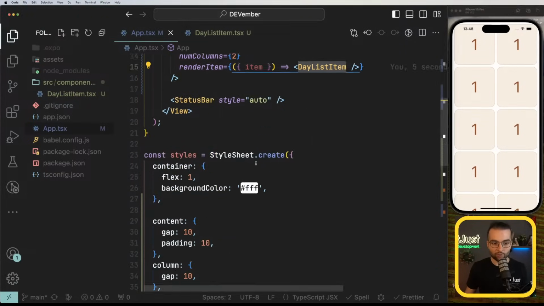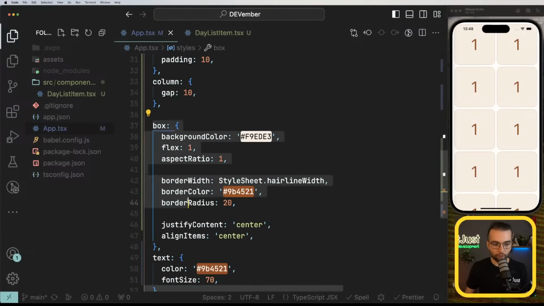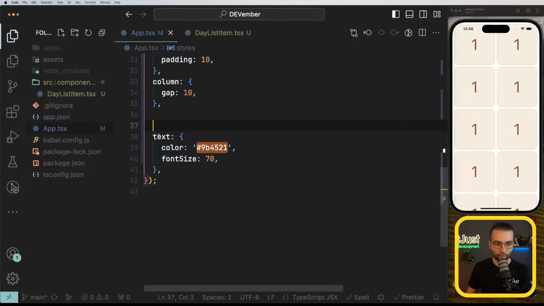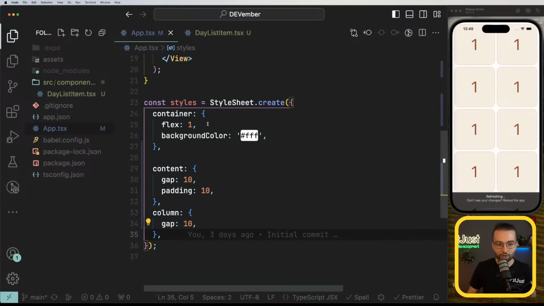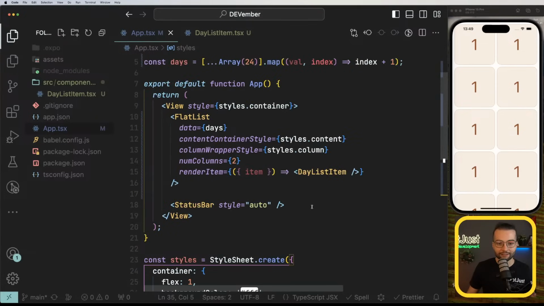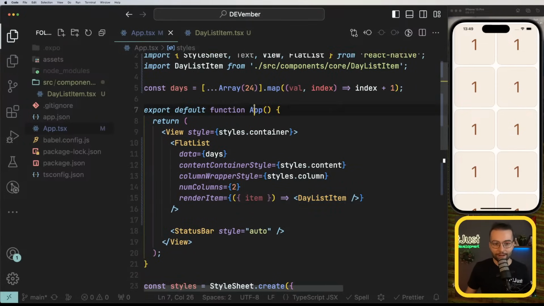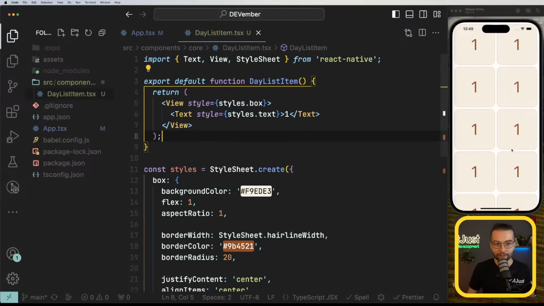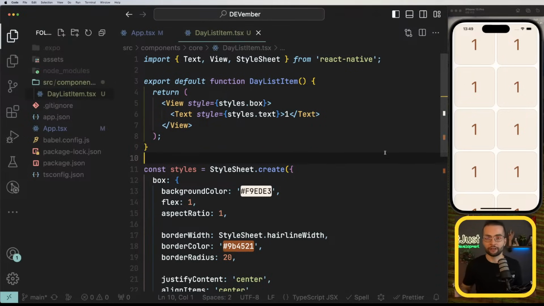In app.tsx, we no longer need the styles for the box and the text, so we can easily remove it. And this helps us keep our components small and simple. For example, app.tsx is responsible for the list itself, but the day list item is responsible for rendering one item. This way we separate the concerns,